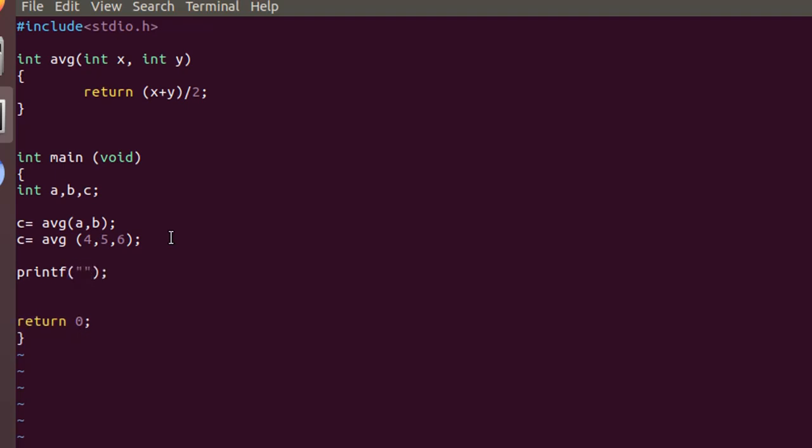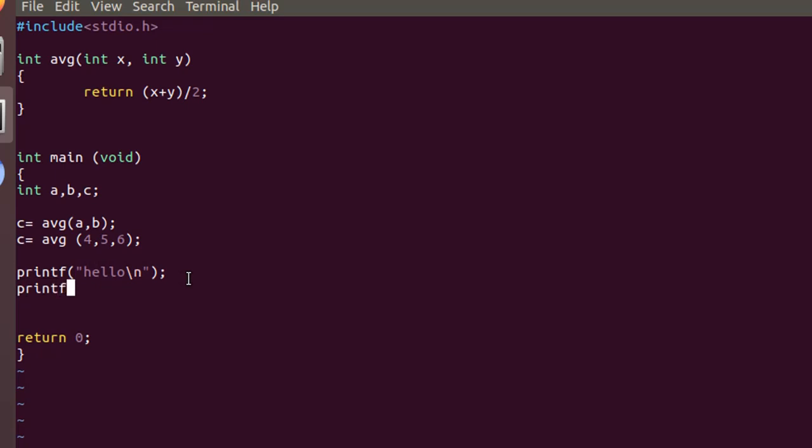In printf, we say hello percent hello. So in this function, I am just passing one argument.